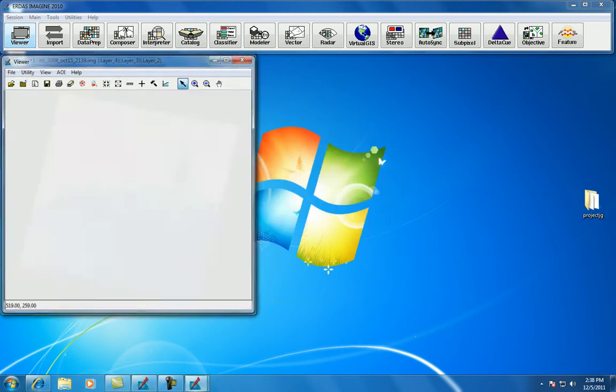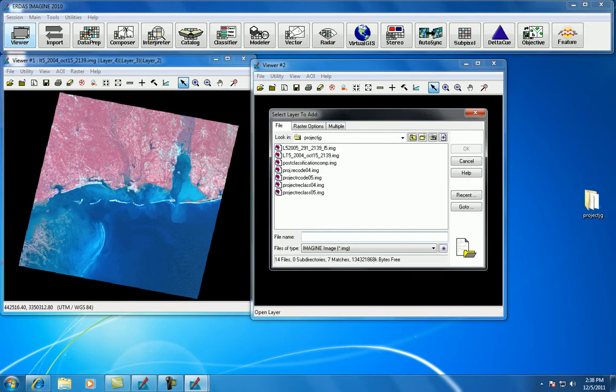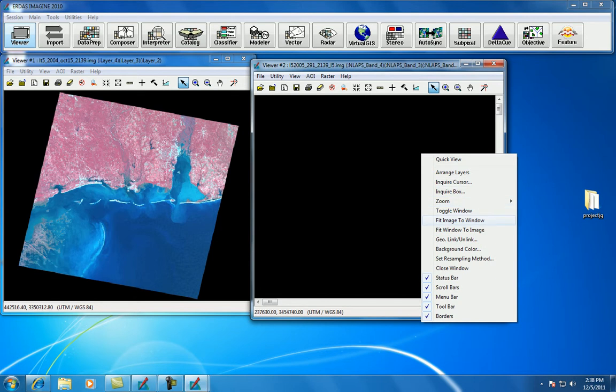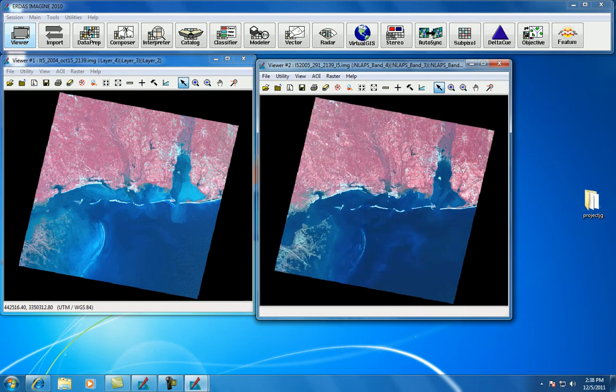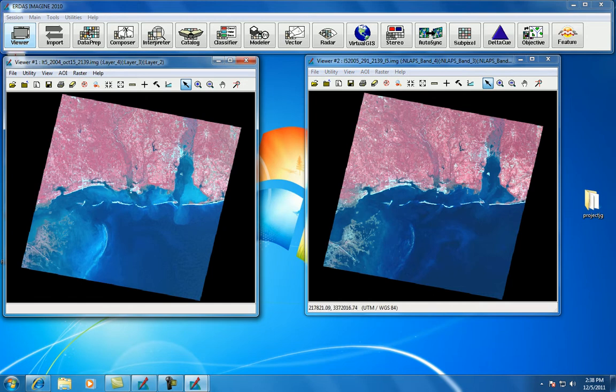That's 2004. And this is 2005. This is not how the image would come originally. Originally it would be 7 different layers of images which you would need to stack. In my case I did not have to, but if you did get information that you needed to stack, you